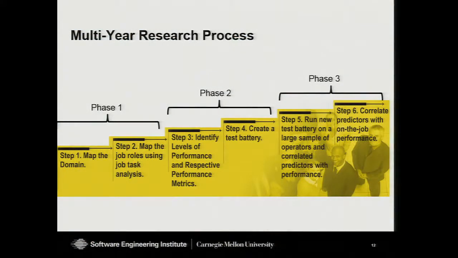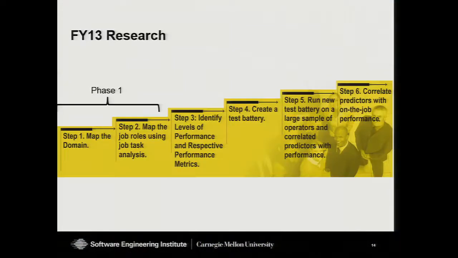This is a multi-year effort, and I don't remember offhand how long it took the FAA to establish the air traffic control selection program, but it was about 10 years. And so we've done phase 1, which is job analysis work. We're in the middle of phase 2, and phase 3 is next. And I'll sort of dissect each of those phases and what we've learned. So from phase 1, what we did basically was a job analysis review, and we were looking for factors from our participants that kind of